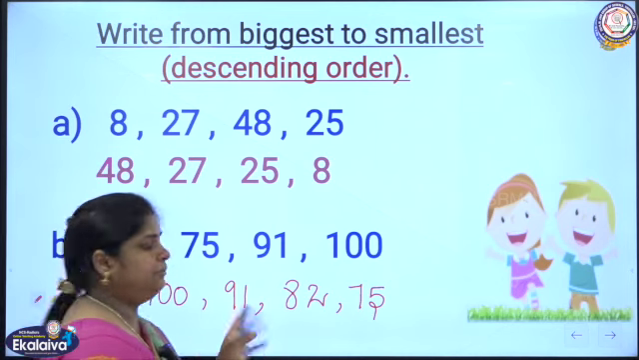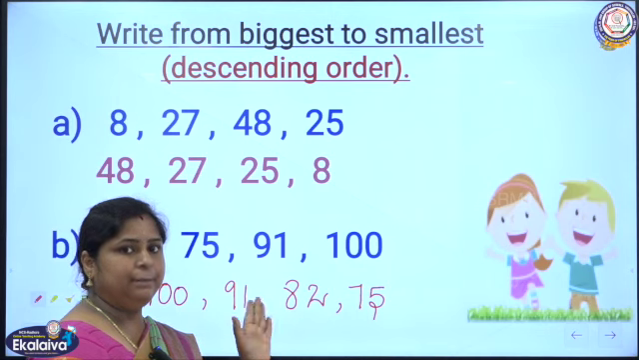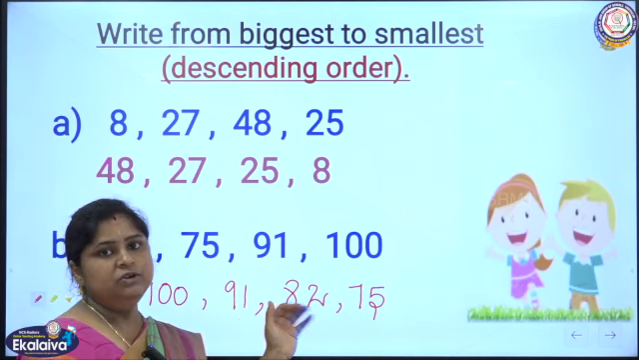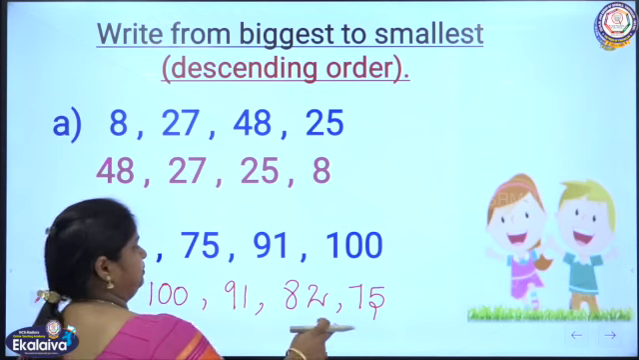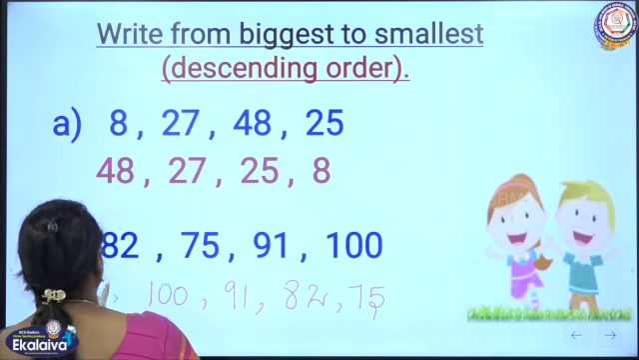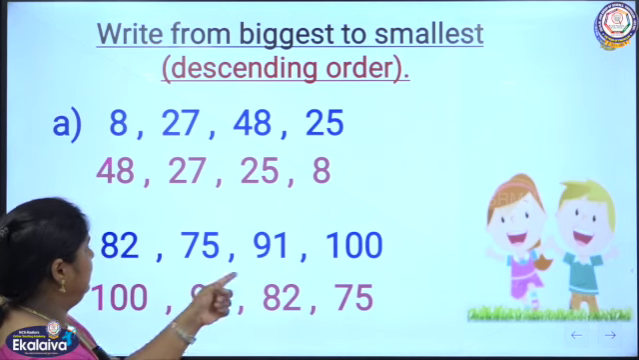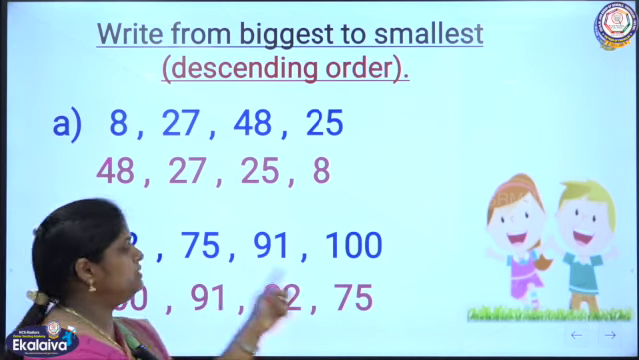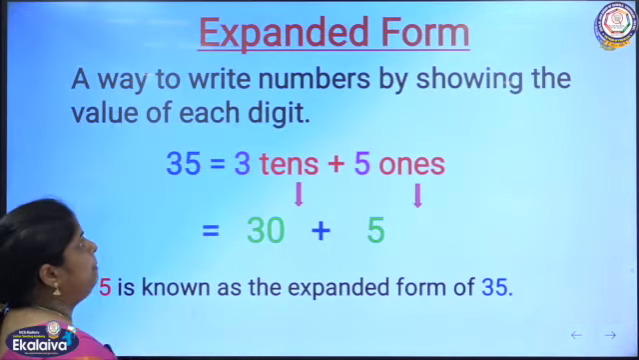Okay, clear? Okay, this is descending order. Descending order means biggest to smallest. Shall we move on to the next topic? See the order 100, 91, 82, 75. Okay. Next topic,